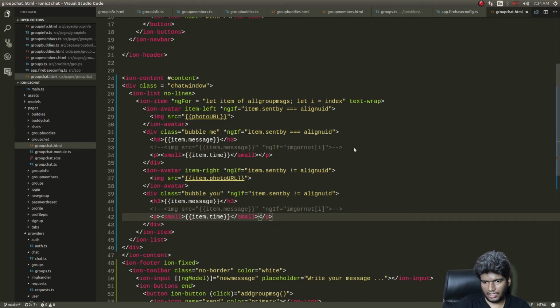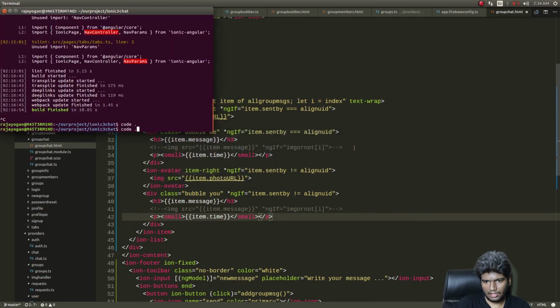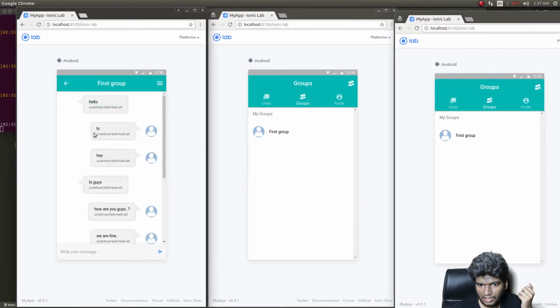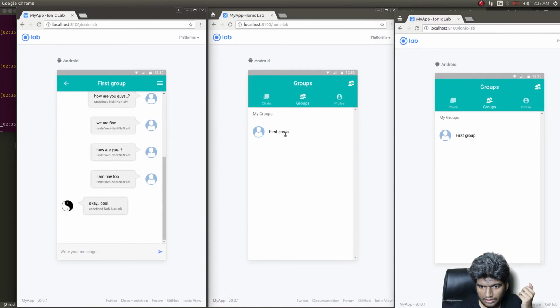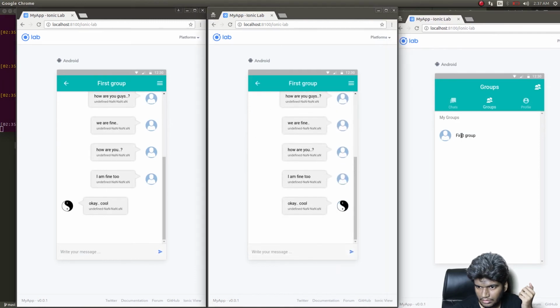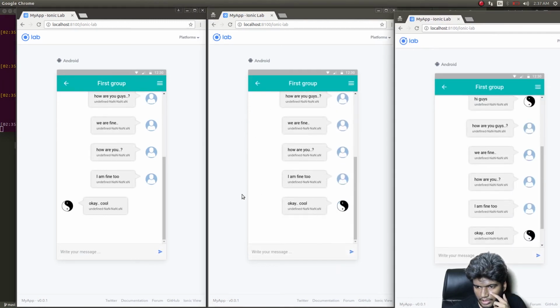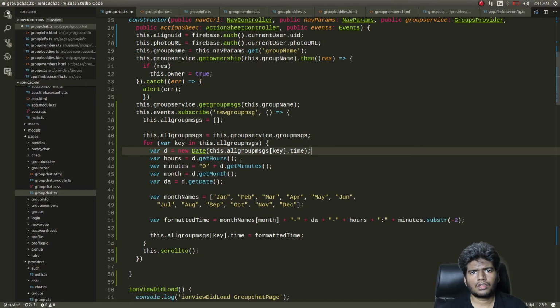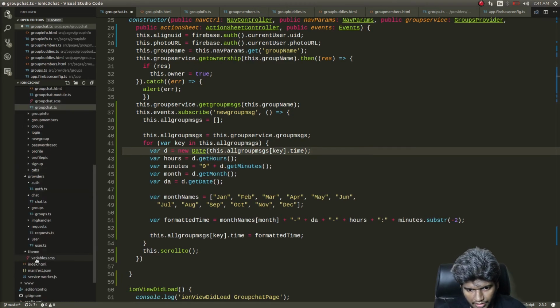Now we should get the time. Let's see whether it happens. Now let's see how this appears. Okay, it appears as undefined, NaN and then NaN. Let's fix this. Okay guys, what's the error we made here? Why is it showing undefined? We'll check whether